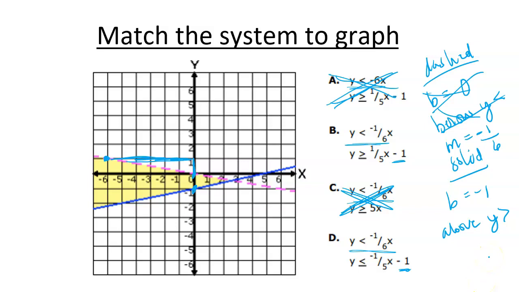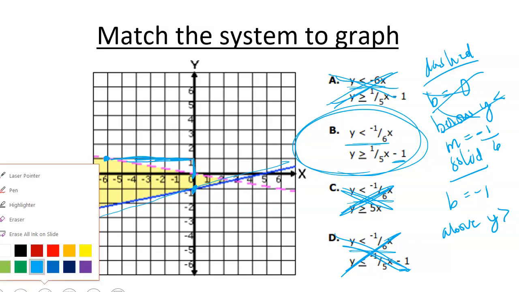I notice that the slope is 1/5 in one and -1/5 in the other. So let's look at this blue line. Is that positive slope or negative slope? Okay, it's rising and going to the right, which means positive slope. So I can get rid of D. So that leaves me with the answer choice B. Answer choice B. So you could do process of elimination like this,